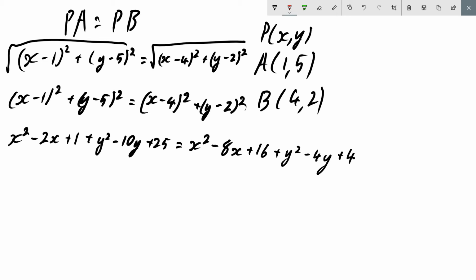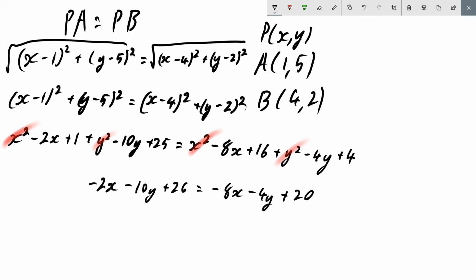So now this is very messy, but we can again cancel down a couple of things. So this y squared, these x squareds, and that's all we can do at the moment. But we can collect like terms. So we get minus 2x minus 10y plus 26 is equal to minus 8x minus 4y